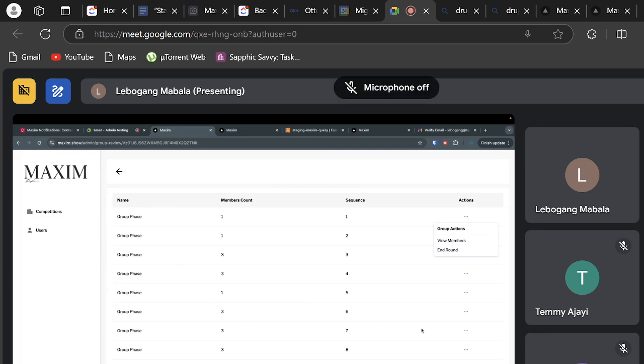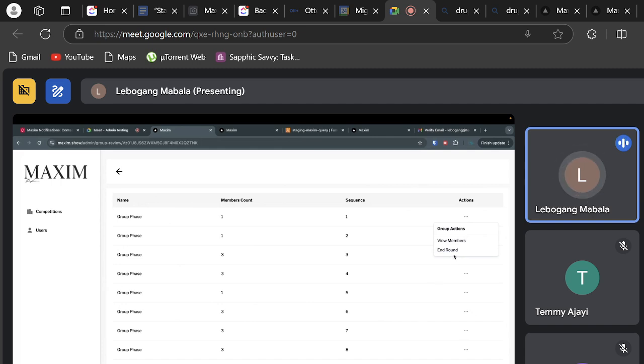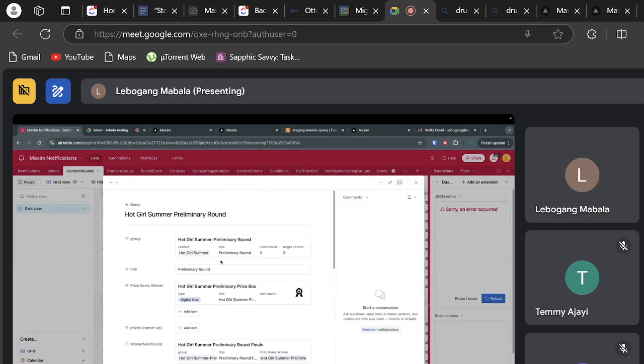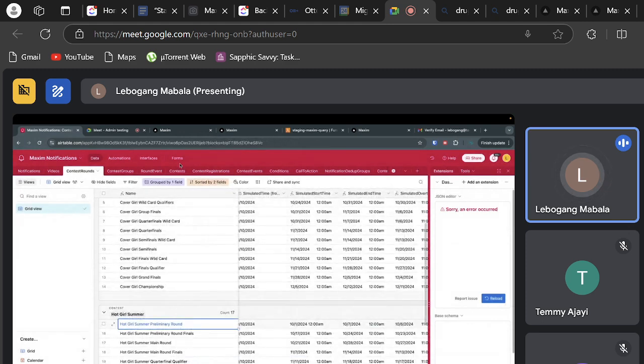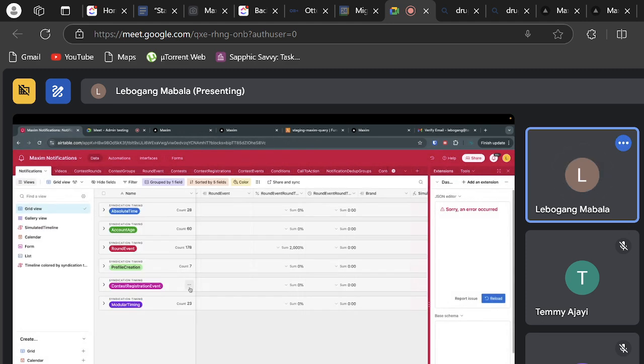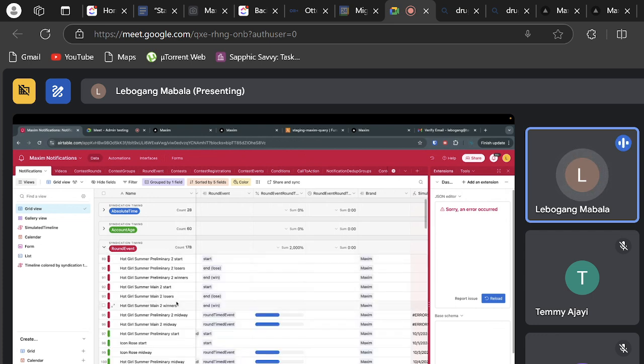And then for the next build, there's another thing to see when you end a round, when it comes to notifications. When you end the round, there are events that happen. There are different types of events, so round events, like this one, for example.